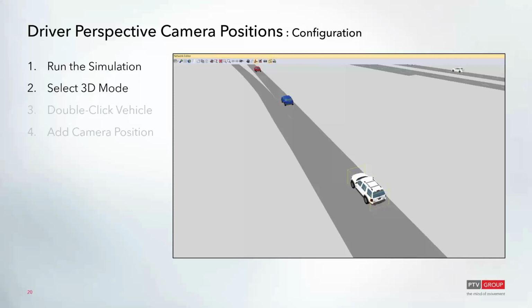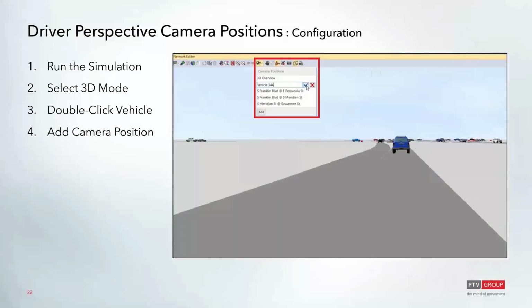And then in order to get the driver perspective camera positions, you'll also need to still be in 3D mode. And then while the simulation is running, and once you have that particular vehicle that you want to grab that driver perspective from, you'll just double click that vehicle, and from there you'll enter into this driver perspective mode. You'll see the network editor view shift, and you'll be looking out from that driver perspective,